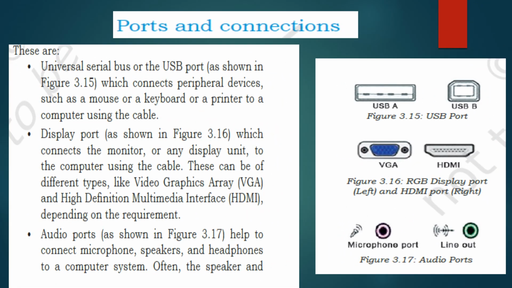Children, how do you think we connect our keyboard or mouse to the CPU? We do it with the help of wires. Where do you think the wires go in the CPU? The slots or channels into which we connect the mouse, keyboard or external hard disk wires are called ports. Thus, ports help us connect input, output and storage devices in a computer system.